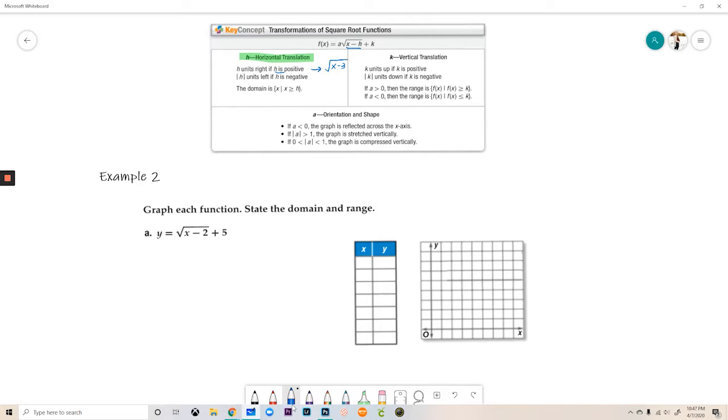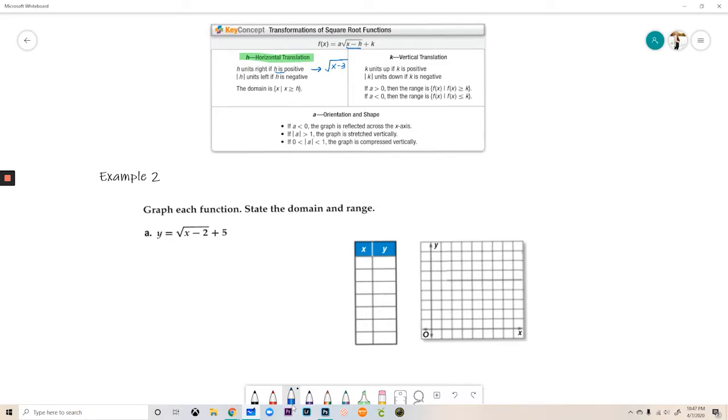Technically h is positive there, but looking at x minus 3, I would think to move to the left. But because h is positive, we are moving to the right. That is a positive shift, and the positive numbers are on the right. I'm trying to explain that the best way that I can. If h is negative,